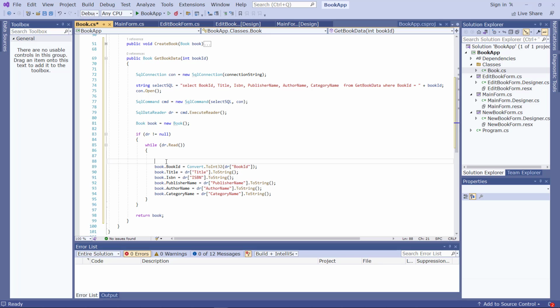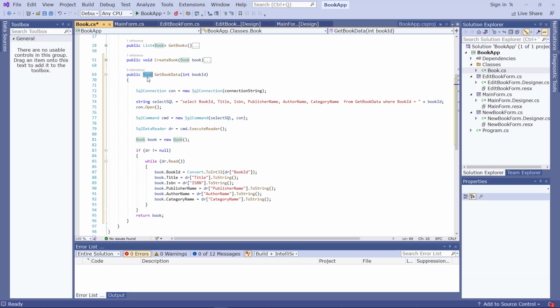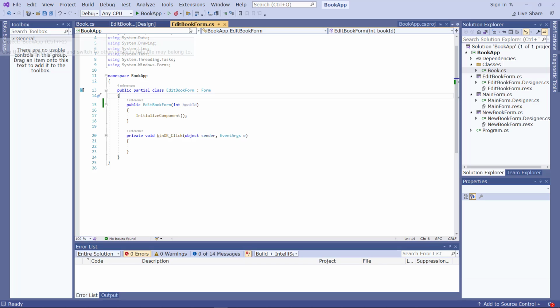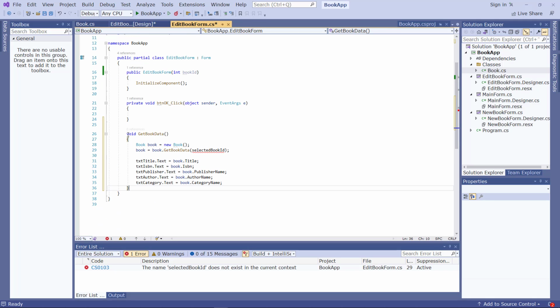And then inside this while loop we are retrieving the selected information from the database, and this value is now returned into this object here, which we are going to use in the edit book form code. So then we are back in the edit book form.cs. So let's create a new method here. I just paste in the code in order to save some time. So I created a new method called getBookData